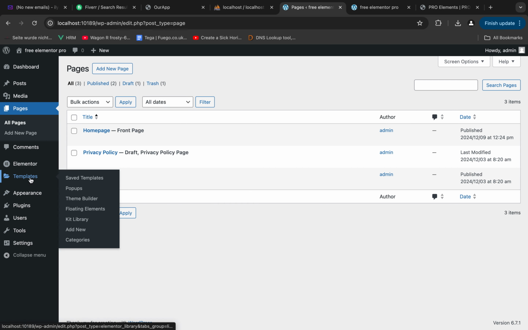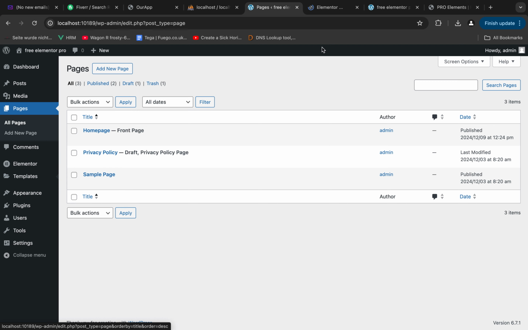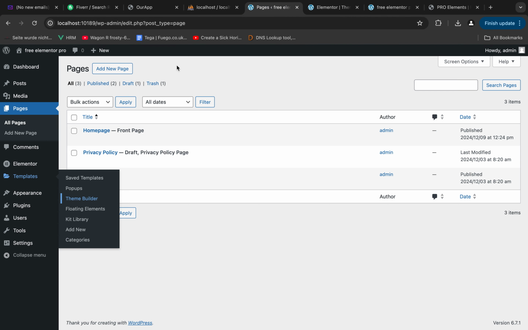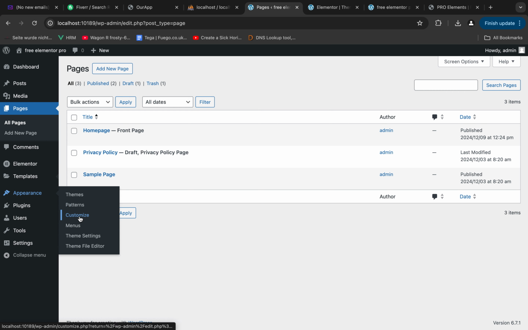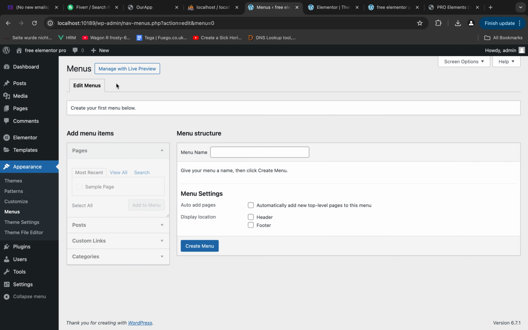So first things first, we need to create the header of the page. So basically before the header, let's just see if we have any menu installed, any menu configured on the website. So we don't have that. Let's just create a new menu. Let's call it a main menu. Okay,